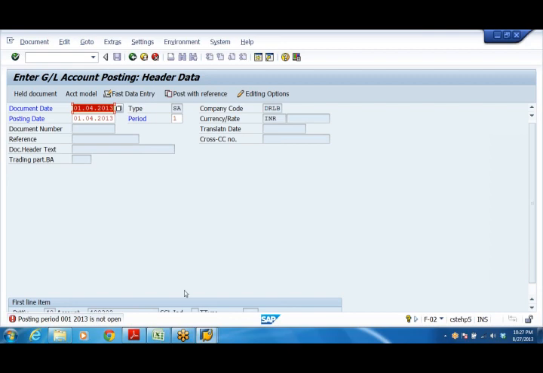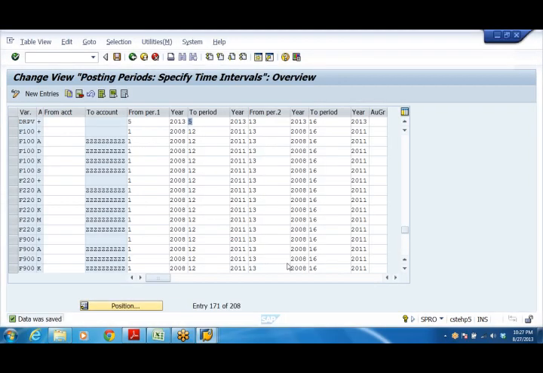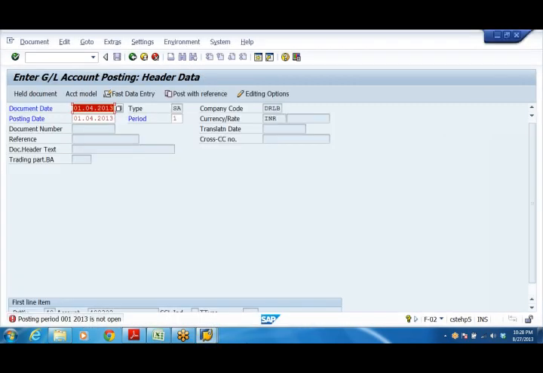So your posting periods are controlled from here, right? What we have done here, we have defined DRPV, that is assigned to company code, and DRPV, Dr. Reddy Lab posting period variant. Here the parameter we have defined is only current month should be kept open. Means current month is opened. That's why you cannot post accounting entry in any month other than the current period. System will not allow you, right? So this is the check. Like that, whatever major changes we have made, I want to show you how it works.